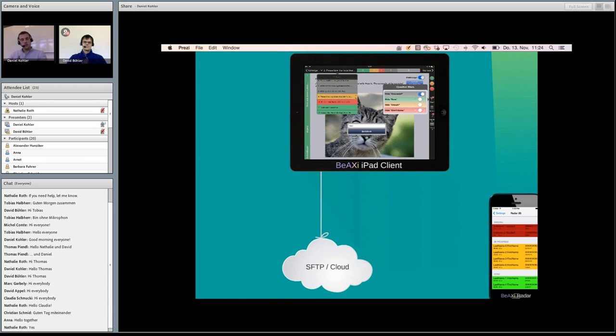You have this continuous synchronization, but if the connection breaks down, you can still conduct the exams. So you're not required to have a network connection. If the connection comes up again, the synchronization just takes place as before.